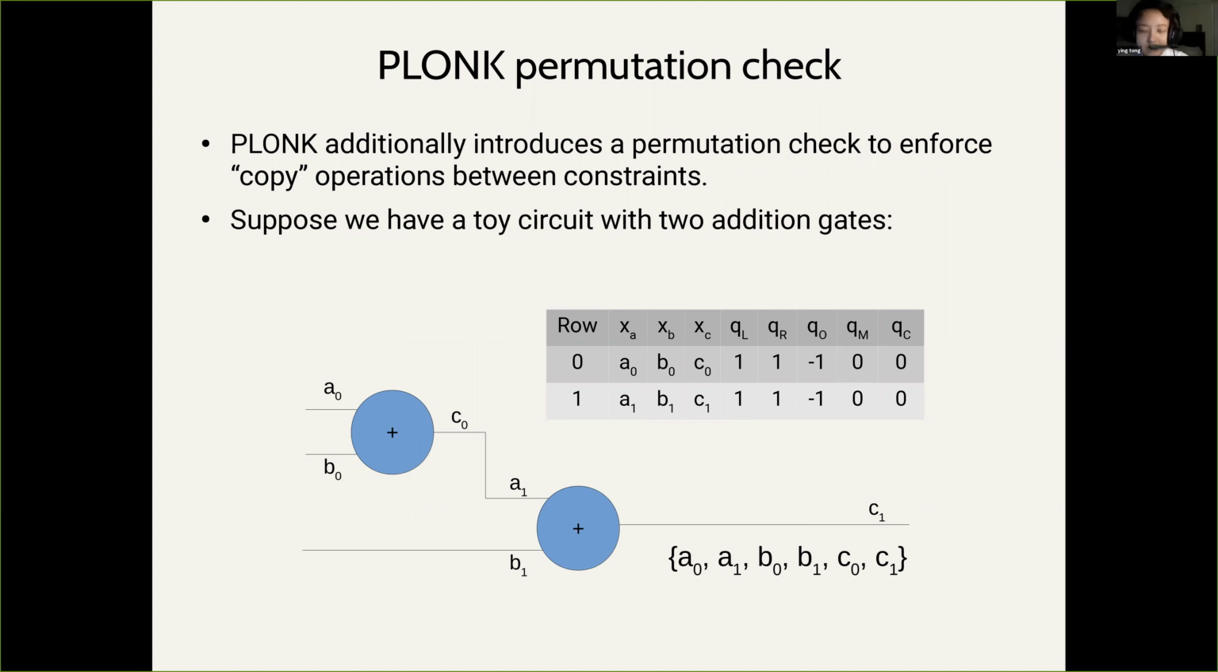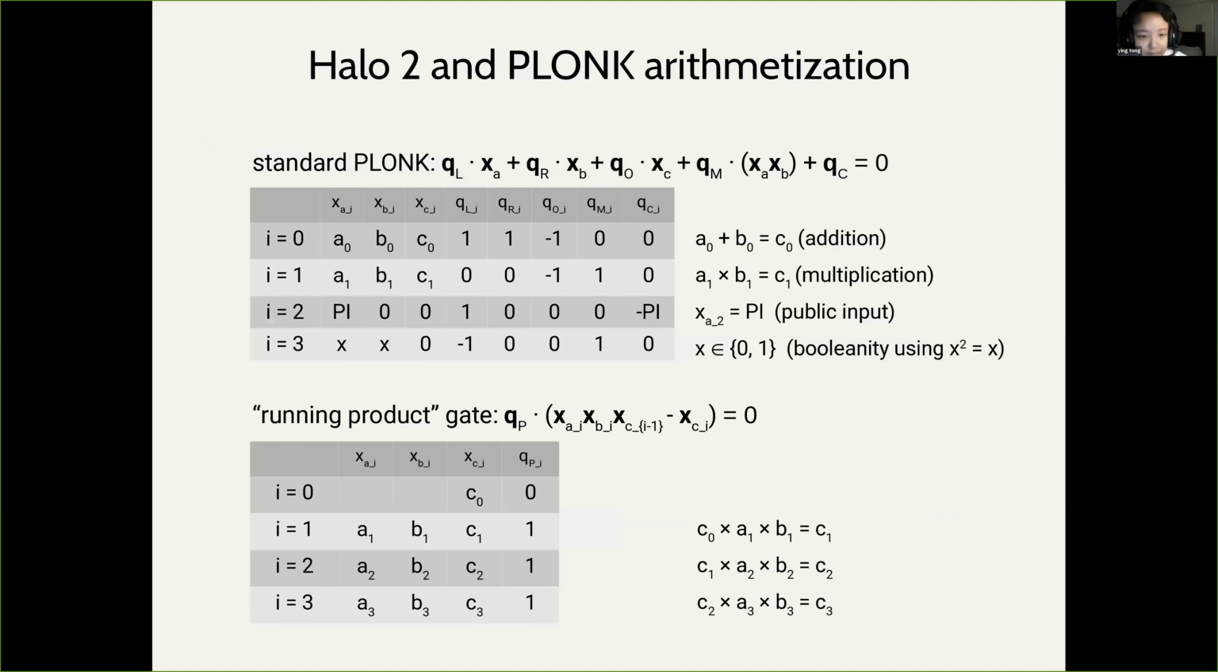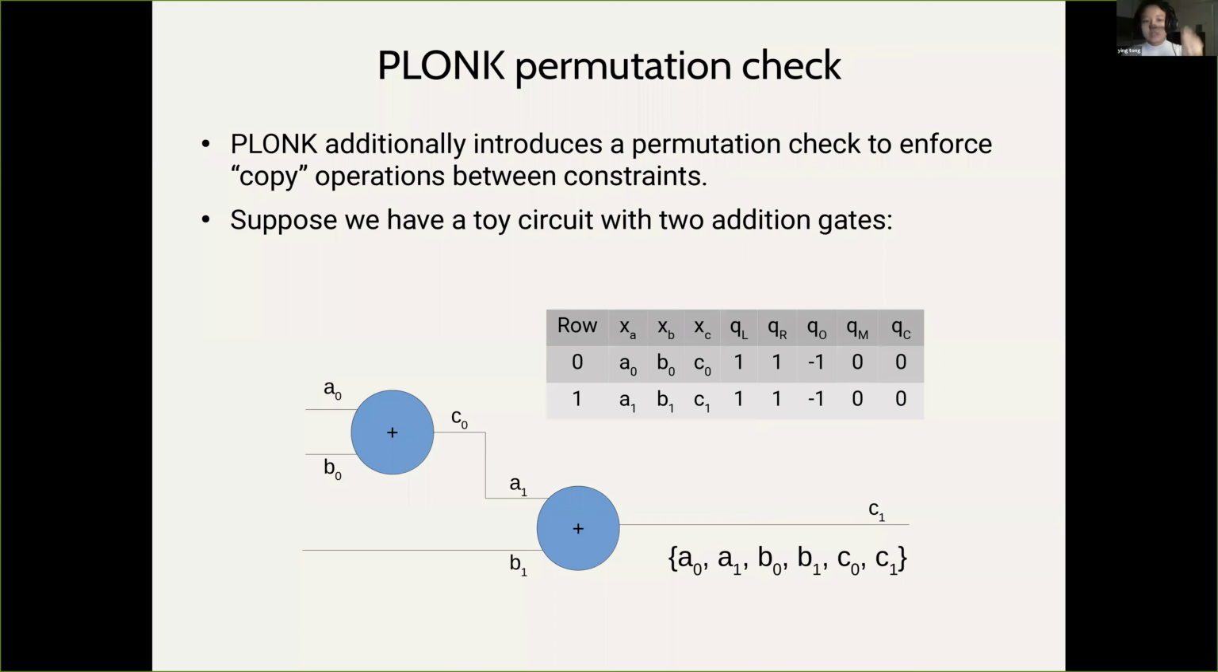Something you notice in the running product example is that we refer to the previous row. This hints that we need a capability to copy over values from previous rows. In this toy circuit diagram, the output of the first gate is to be the left input of the next gate. In other words,